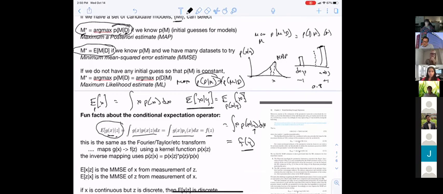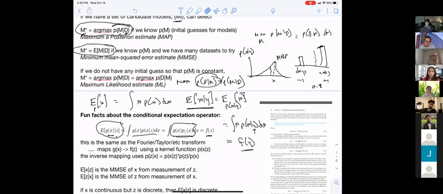But look at this. That could just as easily have been the integral of g of x e to the negative i omega x dx, right? Or i z x dx. That's a Fourier transform. Or it could just as easily have been the integral of g of x, x to the z dx. It's a Taylor expansion. So the point is, one of the ways you want to think about this conditional expectation operator is